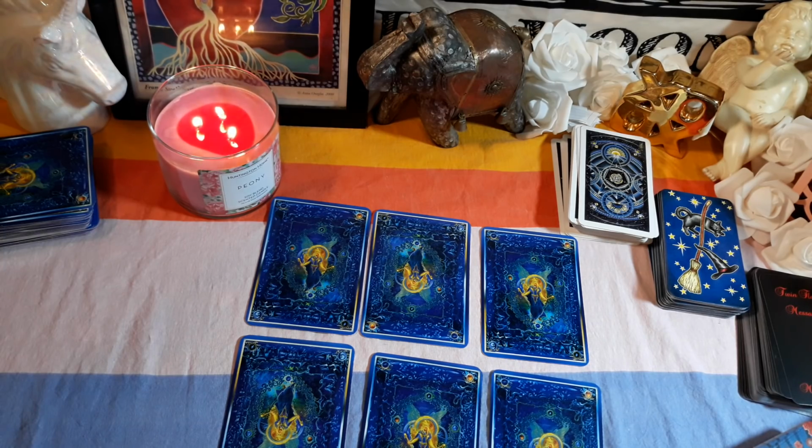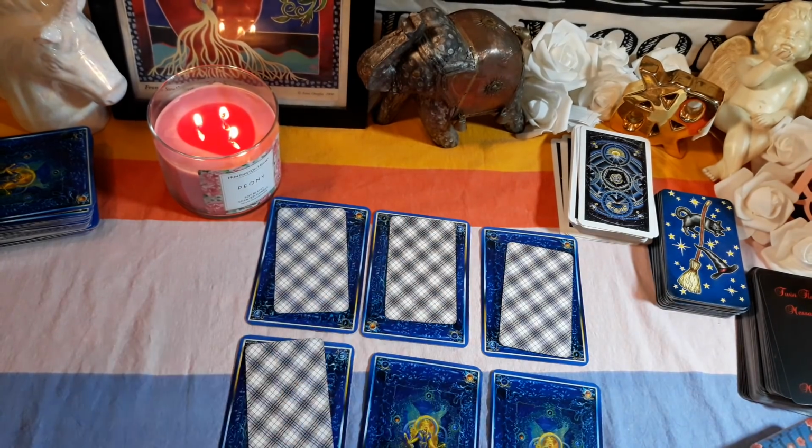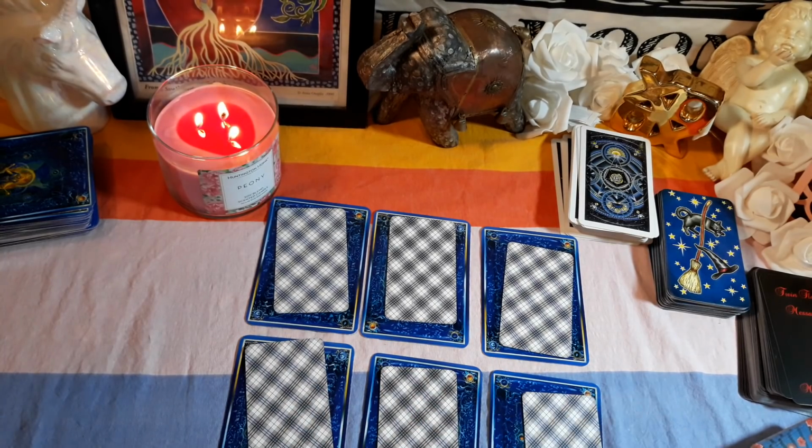I do feel like a lot of times with oracle decks and tarot decks, the illustrators do get left out, especially with oracle decks. Because with tarot, it's just made by a visual artist. But with oracle decks, there's the illustrator and then there's the person who writes the guidebook usually. And I feel like in those, a lot of times the visual artist gets a bit left out as well. So I don't know what that's all about, but